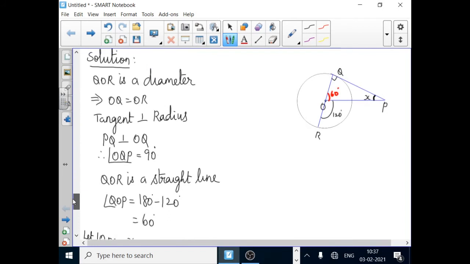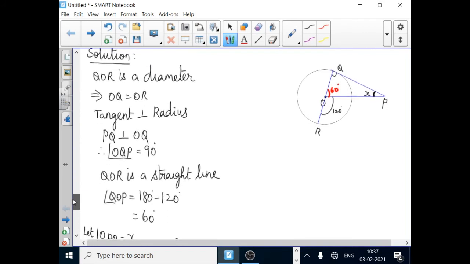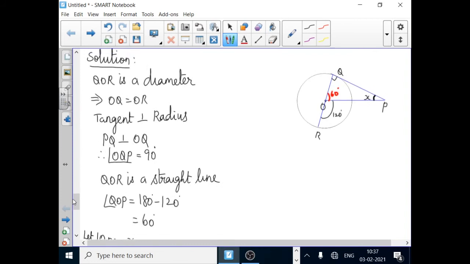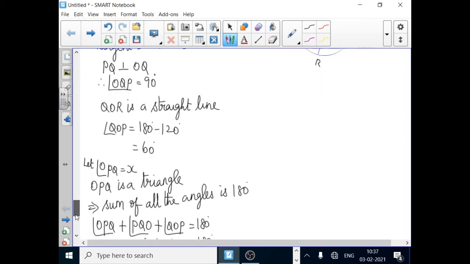Right angle use பண்றோம். Sum of angles in a triangle is 180 degree. Right angle triangle na we can use Pythagoras theorem also. Here the length of the sides of the triangle is not given. Here we are dealing with only the angle. So this sum can be done like this.